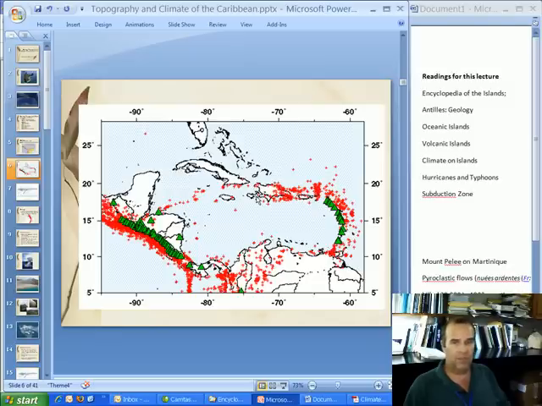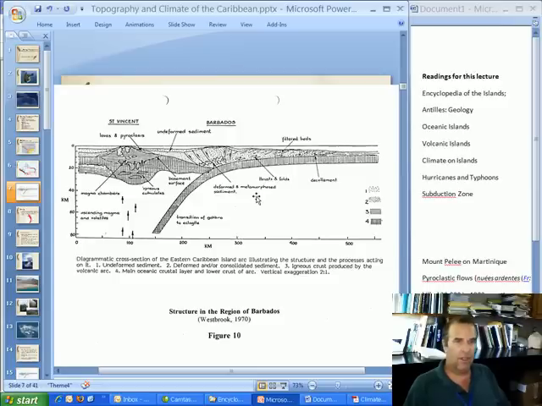So, why do we get these volcanoes associated with these subduction zones? And the answer is here. If we look at this diagram, this is a cross-section from around St. Vincent through Barbados out to the plate boundary. And as you can see, this is the oceanic plate. It's disappearing underneath the Caribbean plate here. Okay? As this plate descends under, moving westward underneath the Caribbean plate,